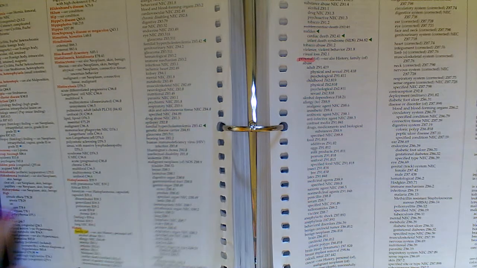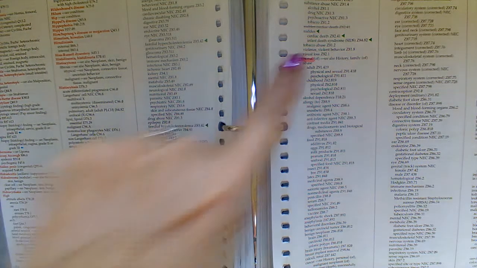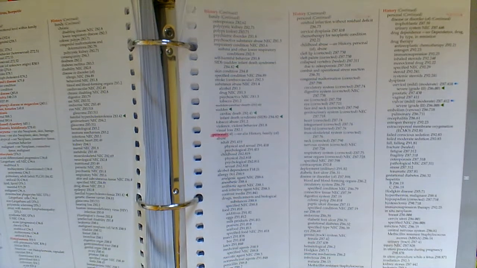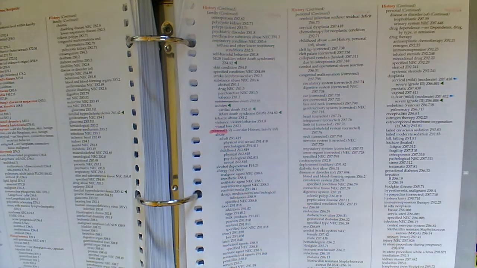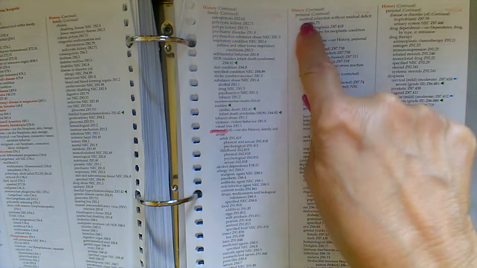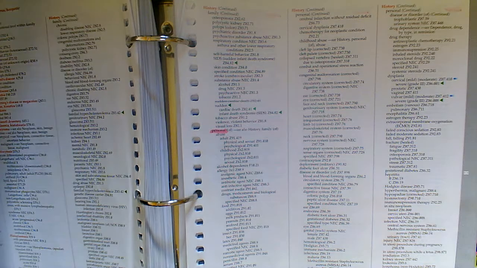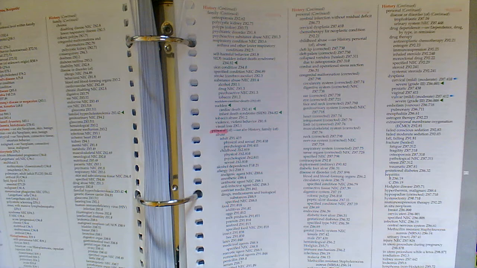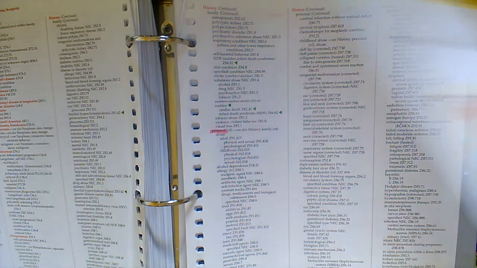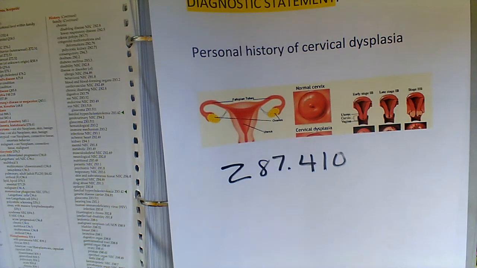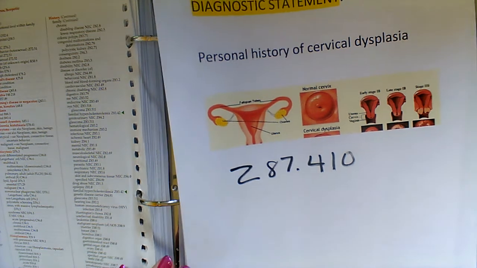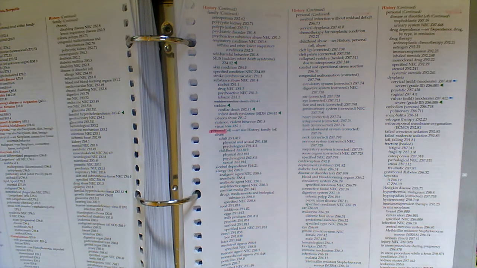So in our alphabetic index, we'll find history and then personal, and then we're going to search and find cervical dysplasia. It's in alphabetical order, and we see cervical dysplasia at Z87.410. Now, let's go back into our tabular